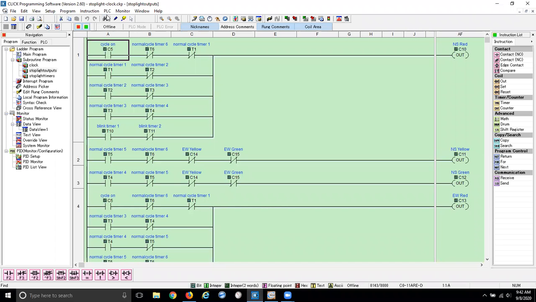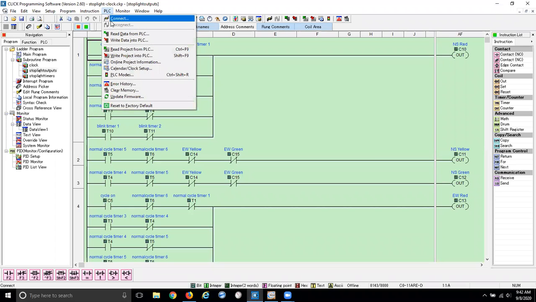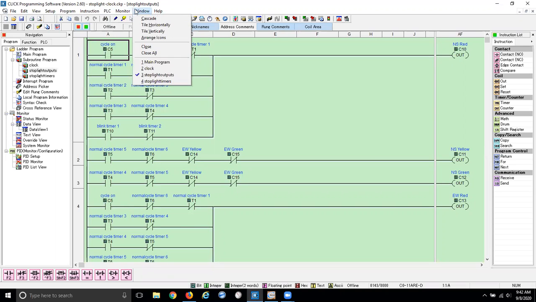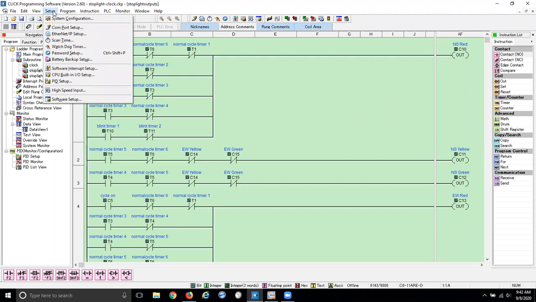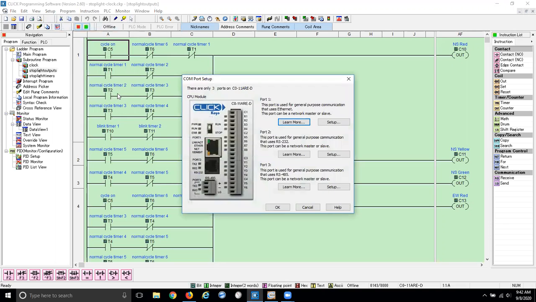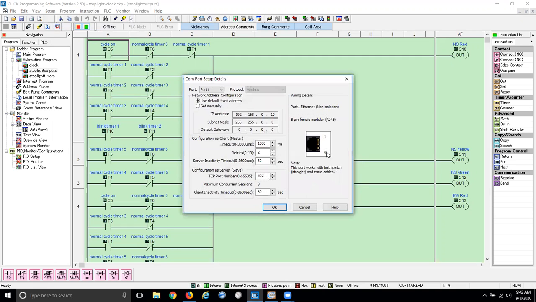If I go to the Click side, the PLC side, and is it set up? There you go. COM port, Ethernet IP setup. You can set up your Ethernet IP. And your COM port, I think, is just the communication port. So port 1 can be used for Ethernet, port 2. So if I set that up, I can go in and put in an IP address. We are going to set it manually,